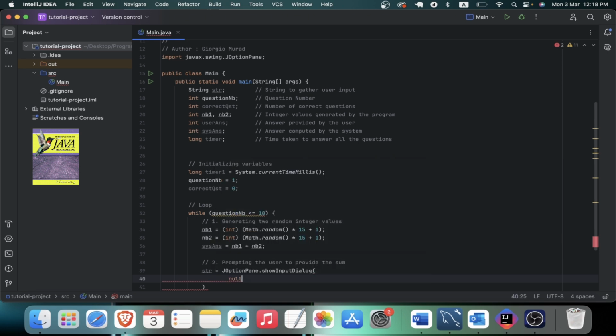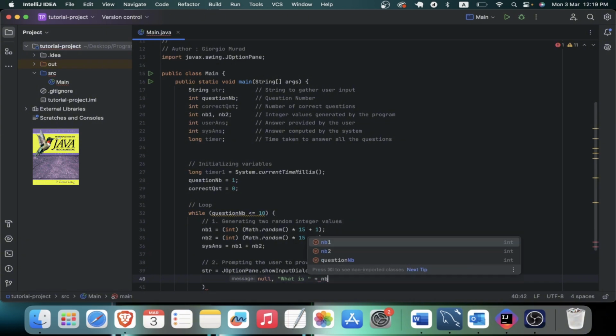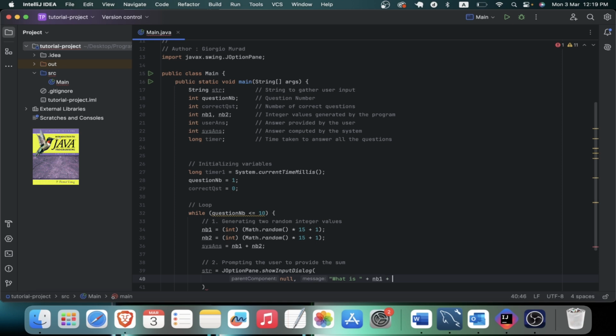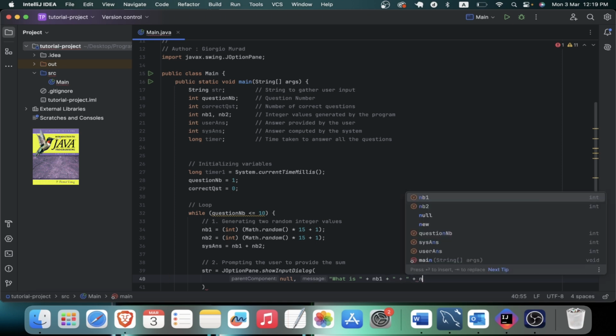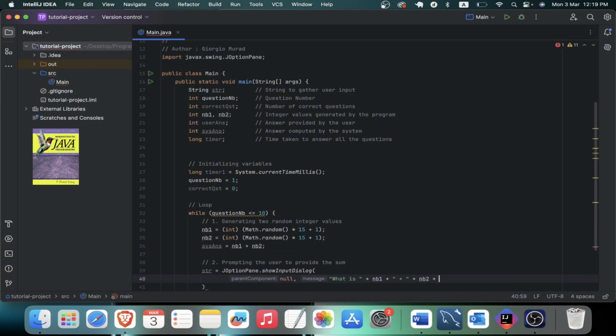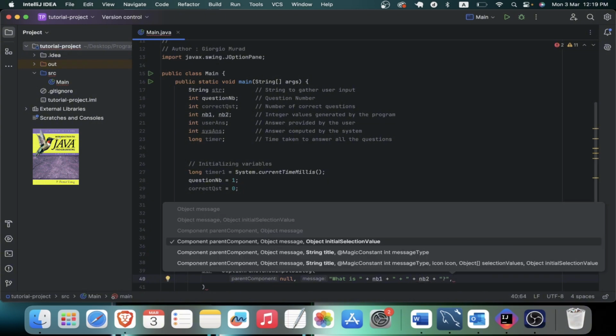Set the parent component to null. Set my message as what is nb1 plus nb2, with question mark. After that, I'm gonna set my title to question